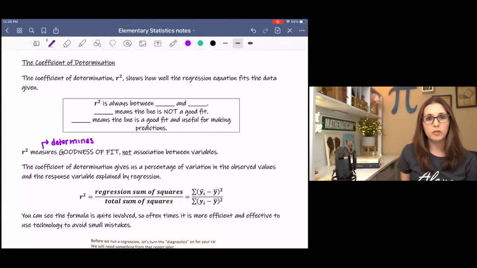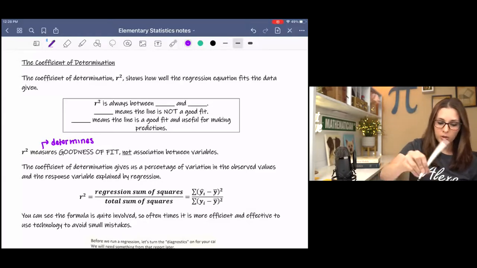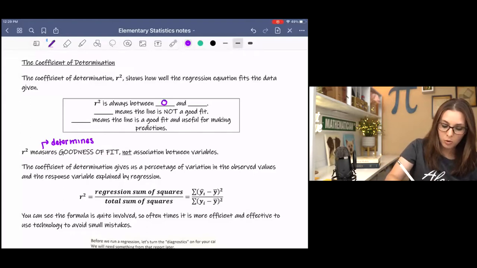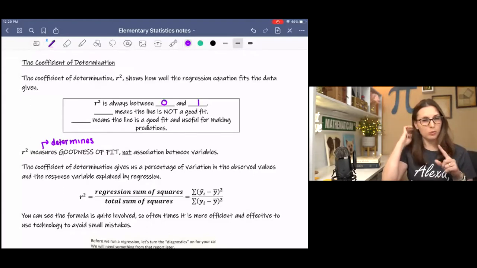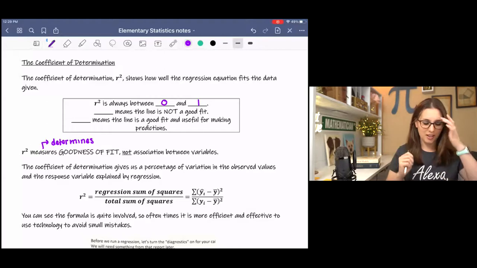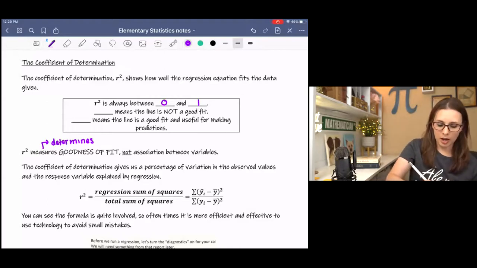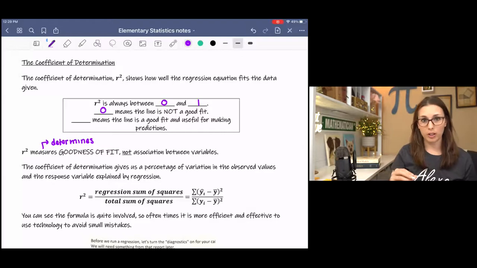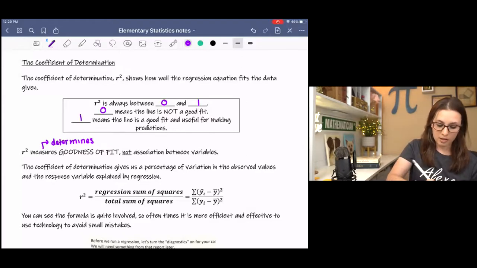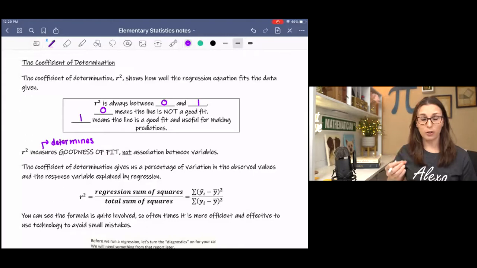The coefficient of determination, or R squared, shows how well the regression equation fits the data in the scatter plot. So R squared is always going to be in between 0 and 1, and I'll show you why it's 0 and 1 in just a second. 0 means that the line is not a good fit for the data. And 1 means that the line is a good fit for the data, and it is useful for making predictions